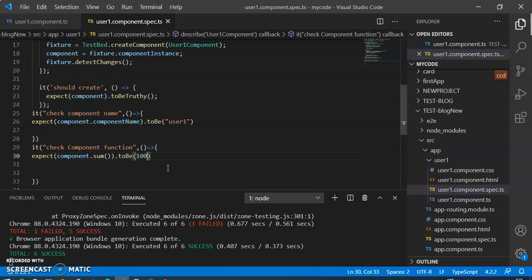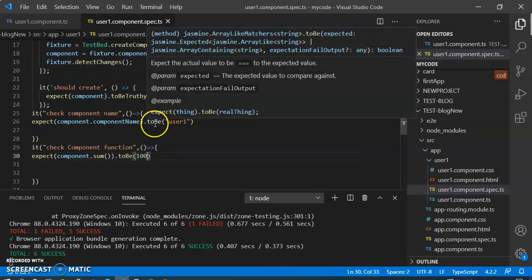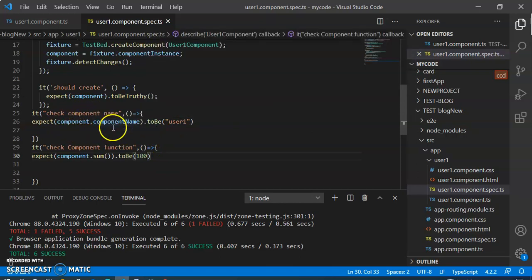Like this way you can do testing in your code, as I have done in both sections, check component username, check component name, and in this section also we have the testing, and here we have written the wrong name, and after that we have written one more program for the sum. In the sum section we have written a wrong value. When I wrote the wrong value, this time you have seen there was one more error showing. Like this you can do testing in your code, and one more example also I want to show you.